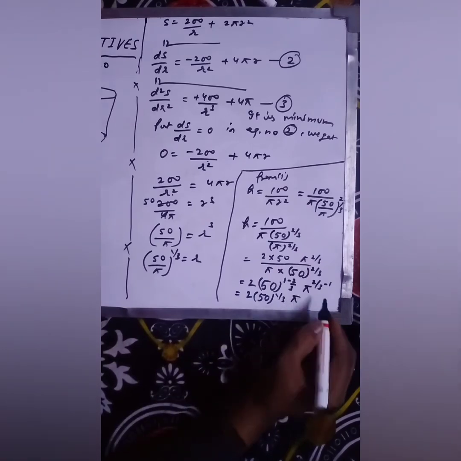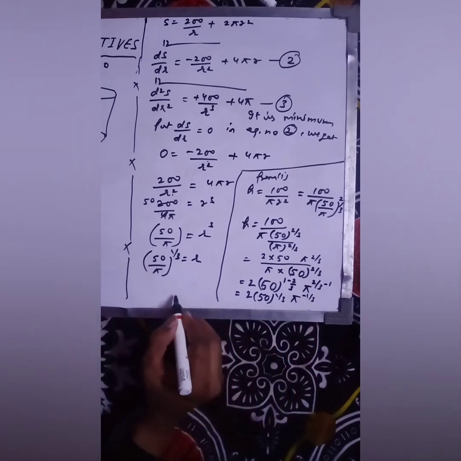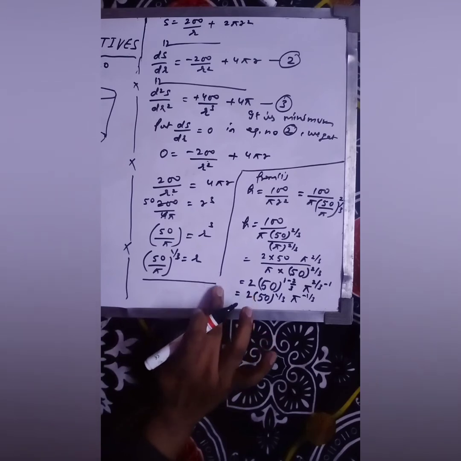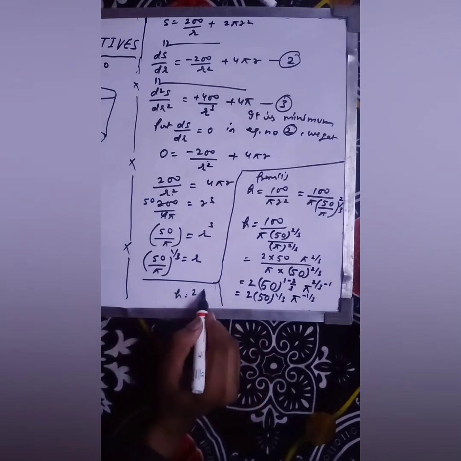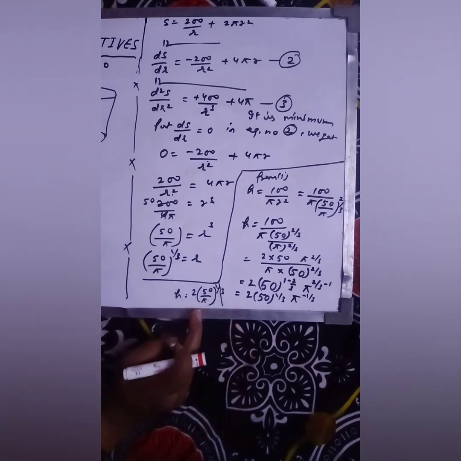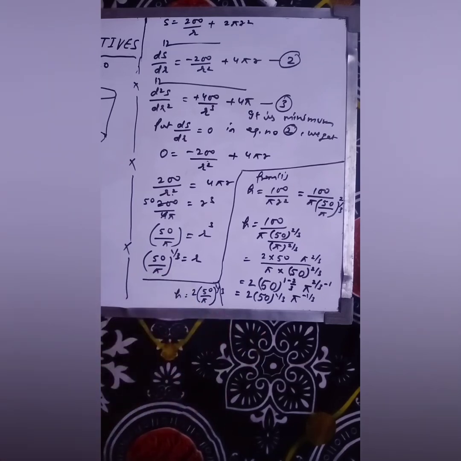and pi raised to power minus 1 by 3. Since this power is 1 by 3, it will come in the denominator. So finally you can write, I'm writing the final answer here just due to lack of space, your h would be 250 upon pi, the whole raised to power 1 by 3. So this is the h and this is your r. So this is how you can solve this question. Fine, this is your question number 21, which is important, so solve it.